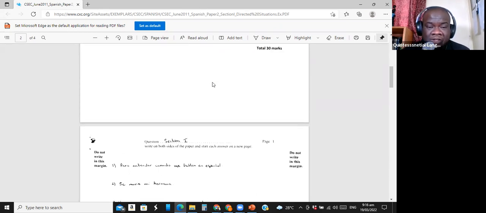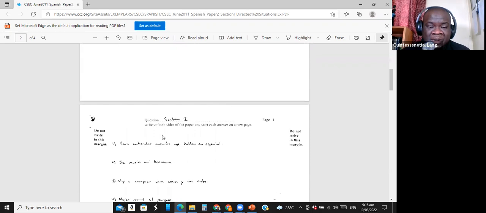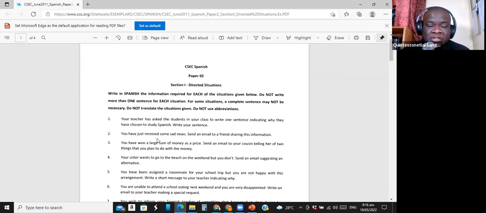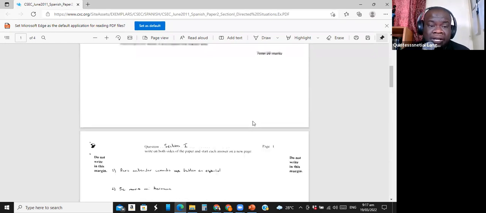And we see here, look at the sample response from our excellent exam paper, right? So you notice it's not even a complete sentence, as a complete sentence may not be required. So the teacher asks the reason for studying Spanish: para entender cuando me hablen en español, the subjunctive, to understand when they speak to me in Spanish, right?